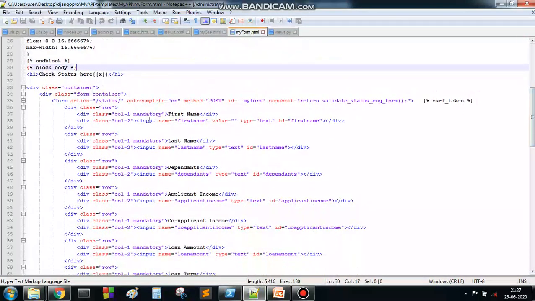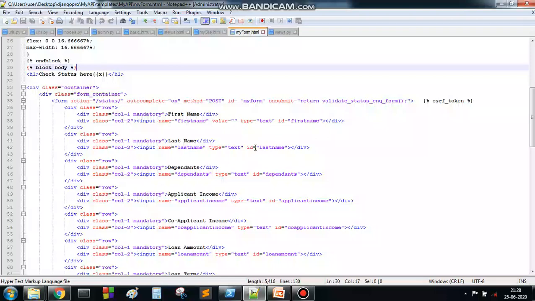Each text field is associated with a particular ID and a particular class name. Here the ID is first name and the class is column 2. Similarly, for this field your ID is last name and your class is again column 2. Your class may be similar for many fields, but your ID must be unique.